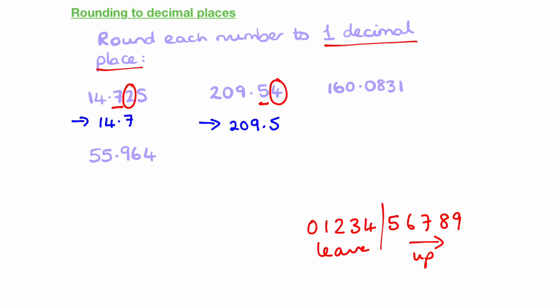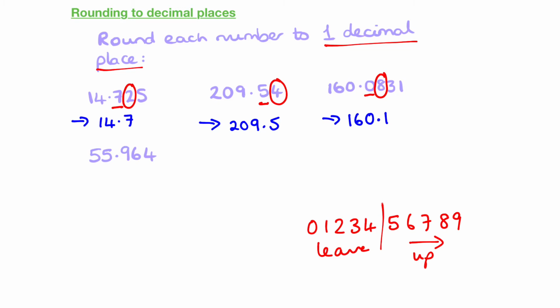160.0831, rounding to one decimal place. It's the 0 that we're rounding and it's the 8 that tells us what to do with it. So because the 8 is in this section here, it's in the 5, 6, 7, 8, 9, so we round up. So that means that this 0 moves up to a 1. So it's 160.1. Okay, and then the next one,